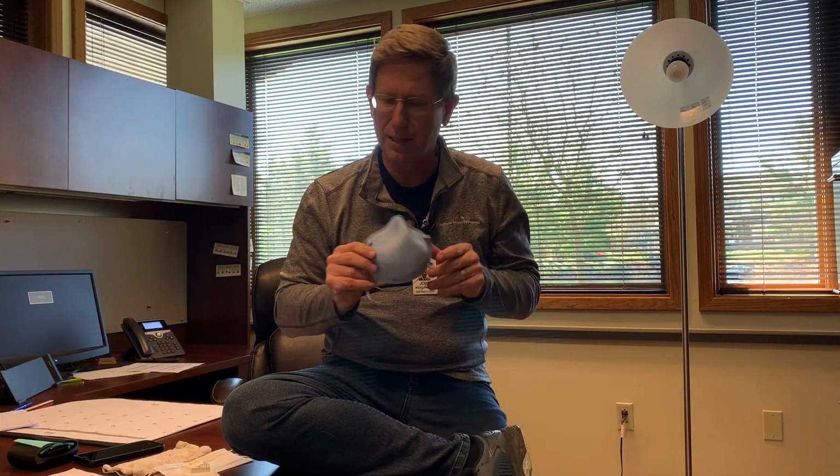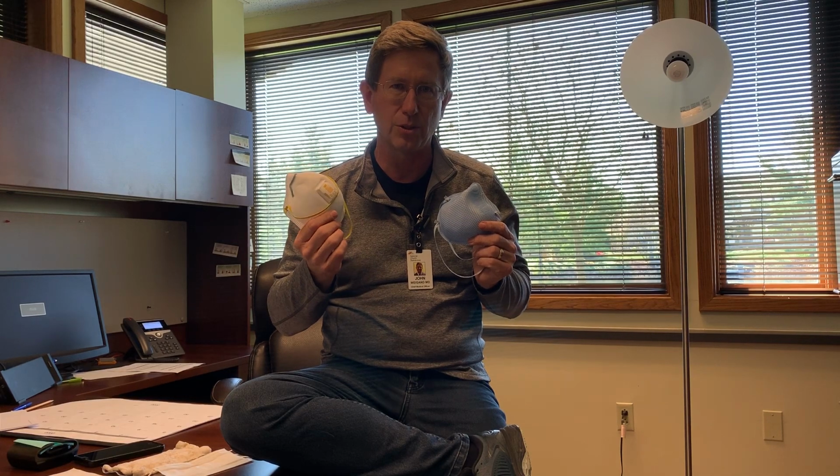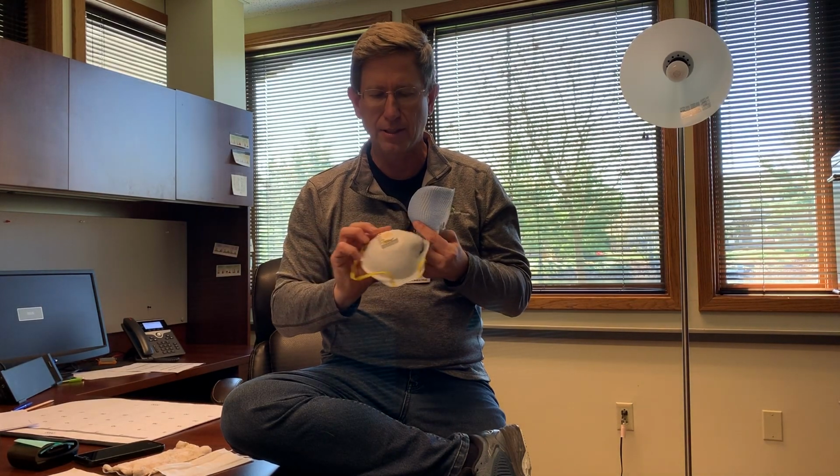But let's start with what's considered the Cadillac of masks, and that is an N95 mask. And they come in different styles. This one, for example, is one you could sometimes find at Lowe's or Home Depot, and it has a filter in it, and it's mostly used for large particulate matter like sawdust and those types of applications. But this is actually pretty darn good for providing protection, but not quite as good as this mask,